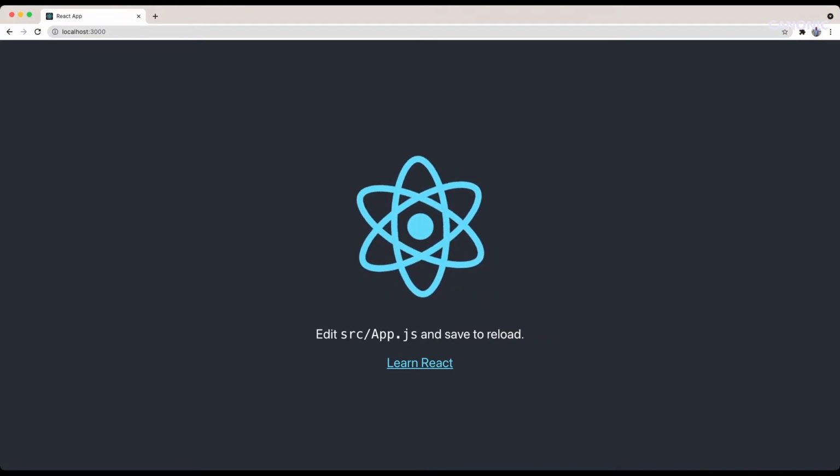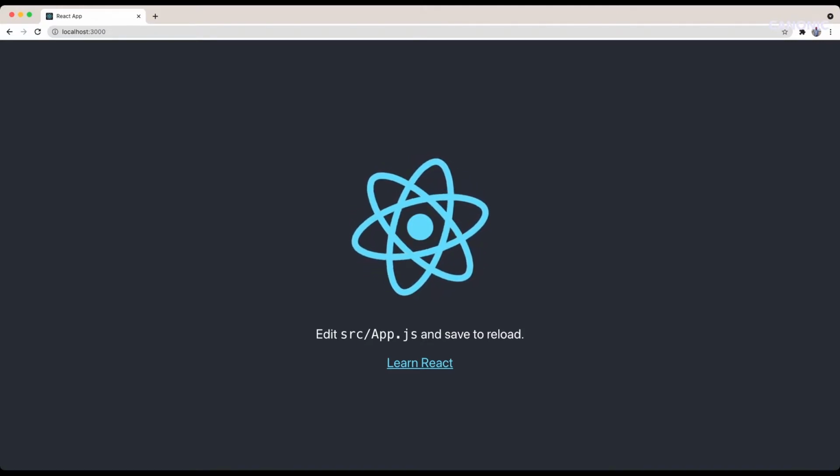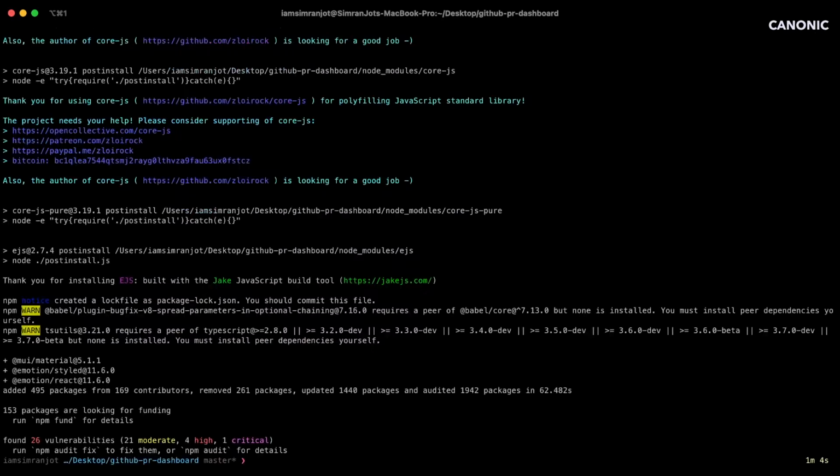Let's write some code. Let's head back to our terminal first. We'll be adding all the necessary dependencies first. We'll be using Material UI as a UI library. Let's quickly add that. It's done. Let's go back to see what our output is going to look like so that we can start building our required components. So back to Chrome.